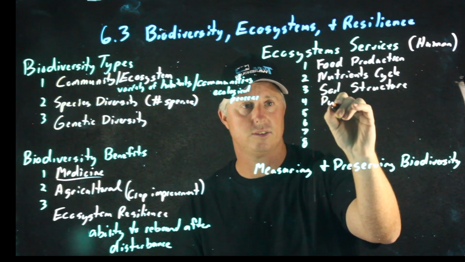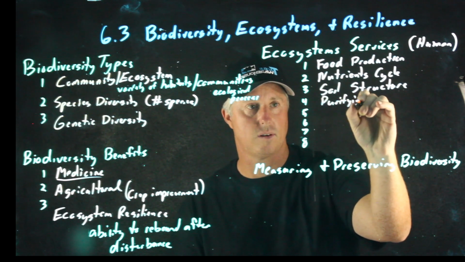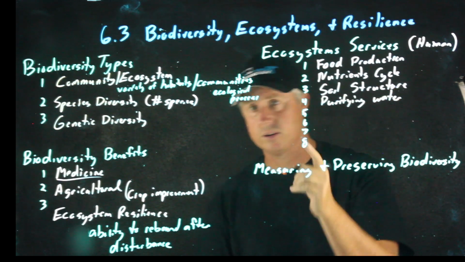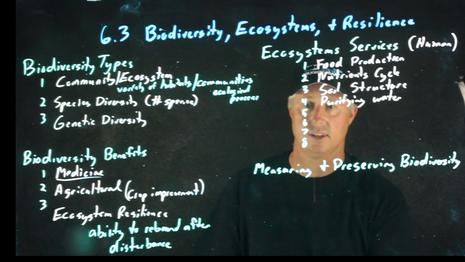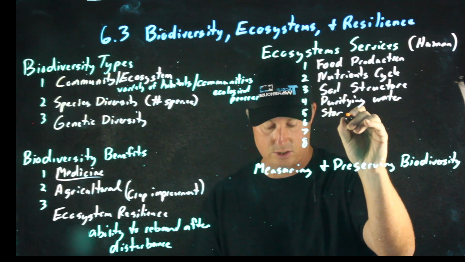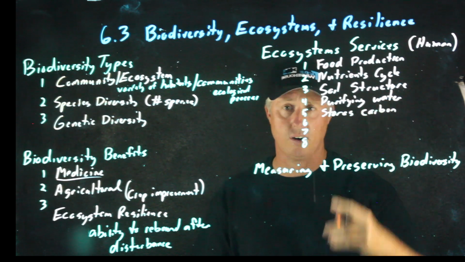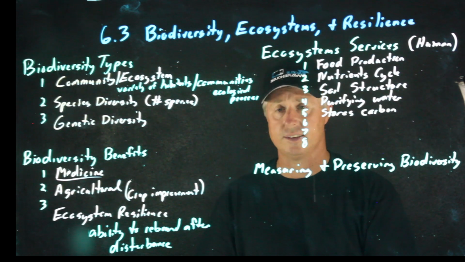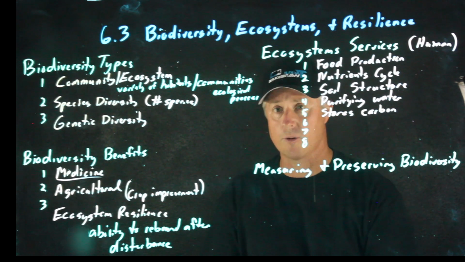The other big thing is it helps purify water. Having water actually go through ecosystems and cycle through makes pure water and actually sustains the environment better. Another aspect for biodiversity is it stores carbon. We can't have all the CO2 in the atmosphere or oceans. It makes it more acidic and leads to acid rain and starts damaging life. So we do need places that carbon gets stored in that way.